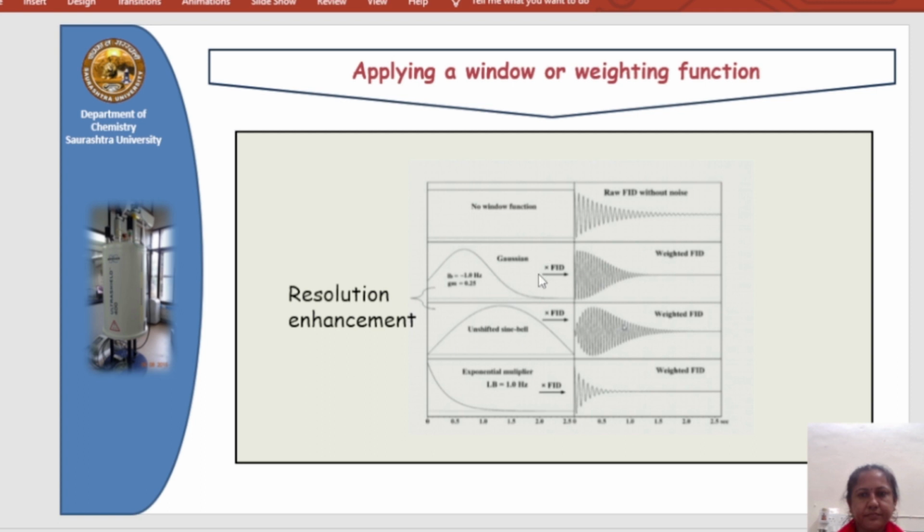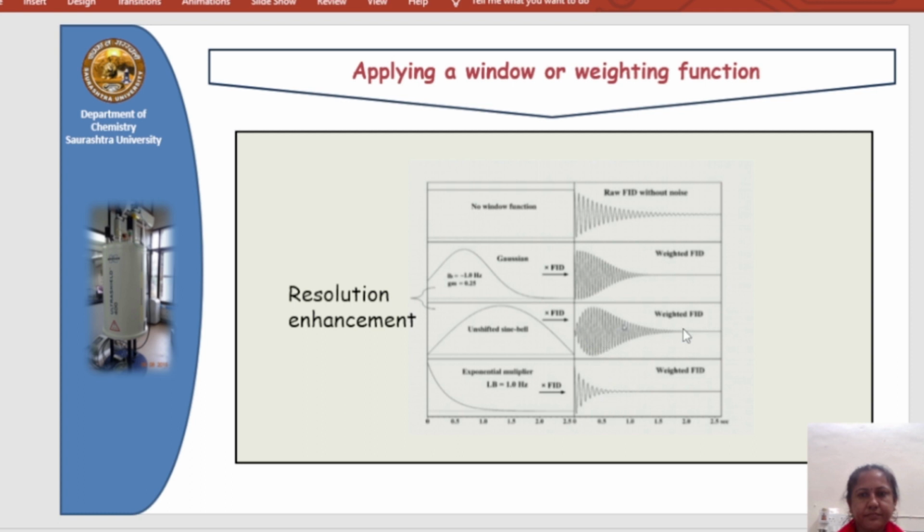So it depends on the time, it depends on the value of T1 and T2. If T1 and T2 is more than 1, then we can get the broad peak. If T1 and T2 is less than 1, we can get the intense peak. And that's why this directly depends on the preparation delay as well as acquired time. So by setting the T1 and T2, we can also increase the resolution enhancement. It directly depends on the length of FID.